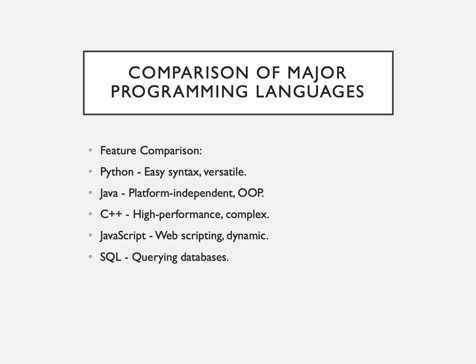C++, high performance and complex. C++ is known for its performance and efficiency, making it a go-to language for systems programming, game development, and applications requiring low-level memory management. However, its complexity can be a hurdle for beginners. Features like pointers, manual memory management, and extensive libraries offer powerful tools but require a steep learning curve.